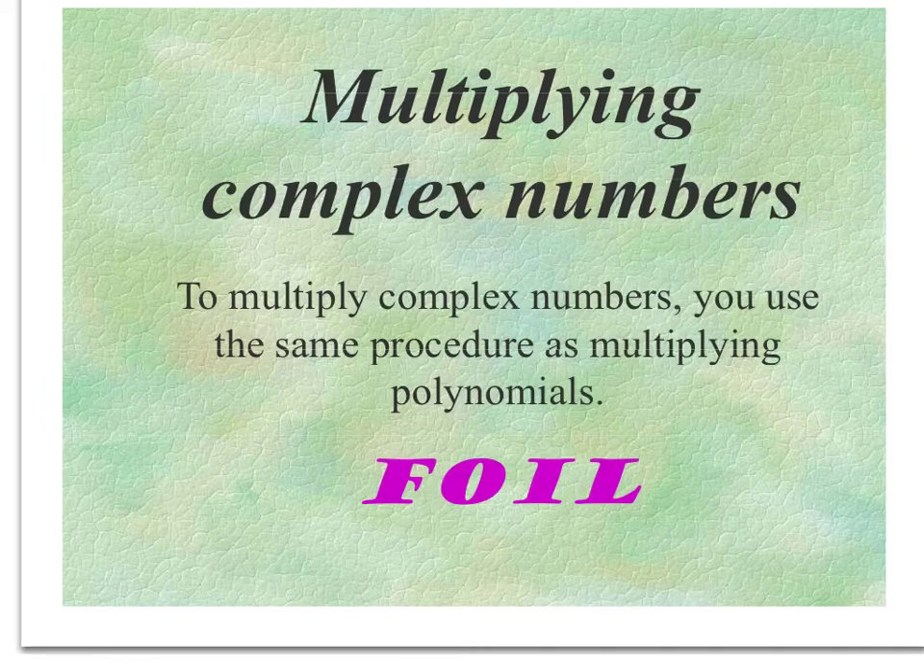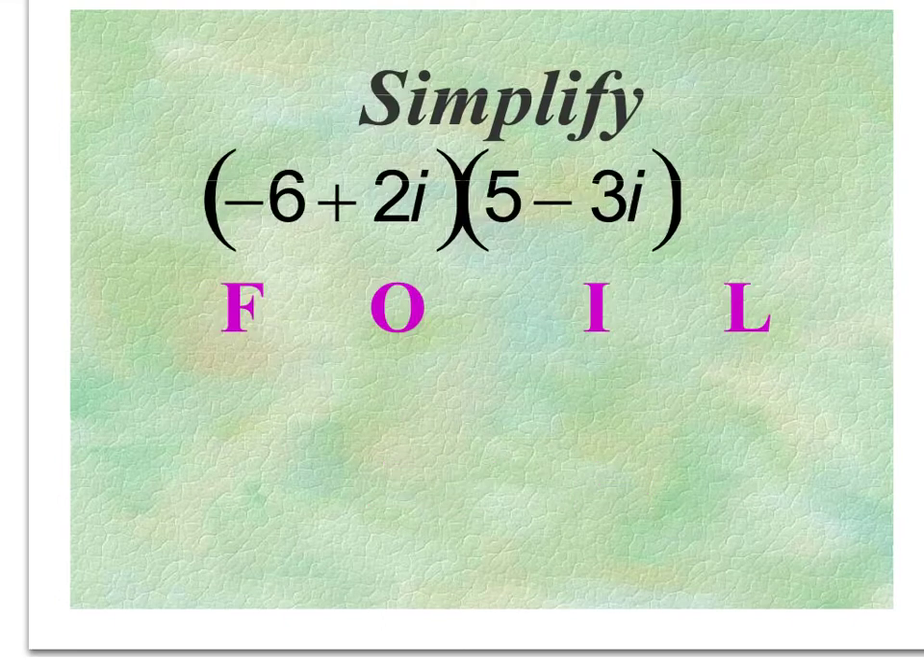So to multiply complex numbers, you just use the same procedure as multiplying polynomials. So you can FOIL. So why don't you go through and see if you can FOIL this out. Okay, so